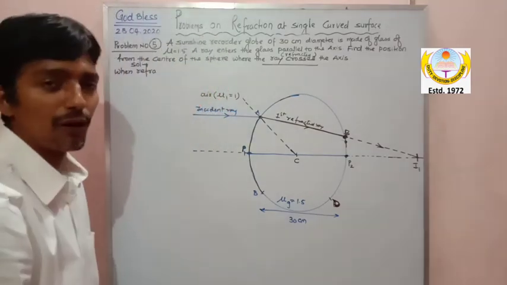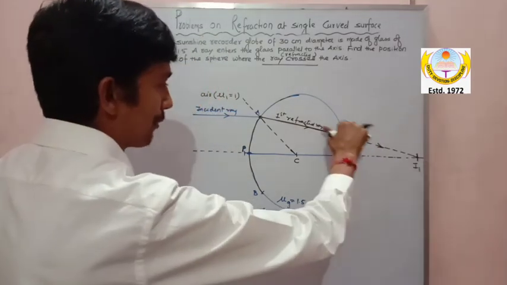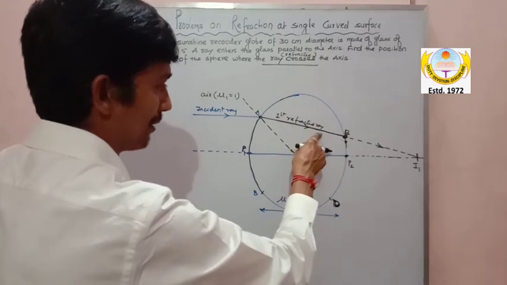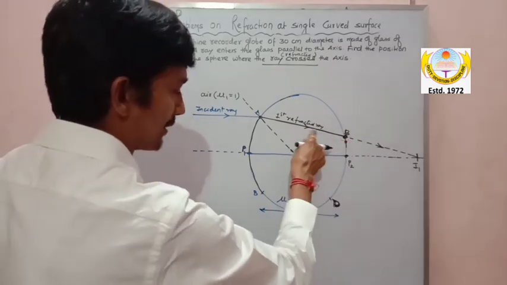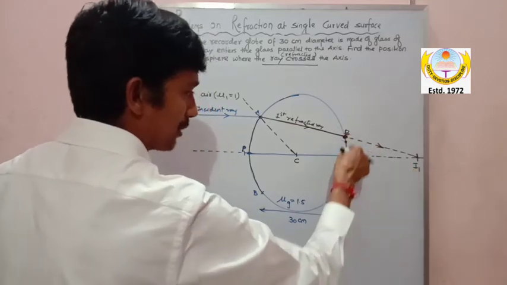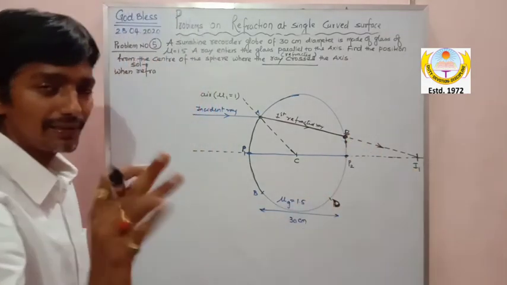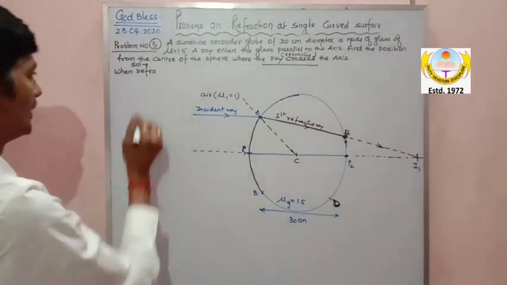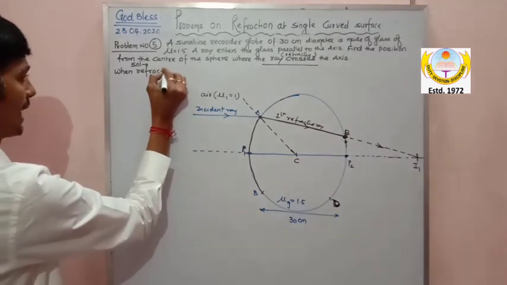That is away from the normal because it is going from denser to rarer, because light will be this. And now the refraction for this ray: this I1 will act as the object for this surface. Look at it now. Look at it one by one. Solution. When refraction takes place